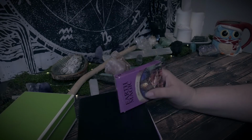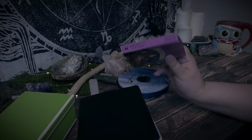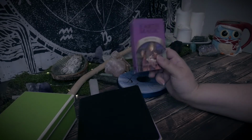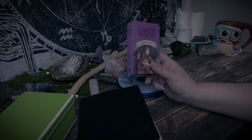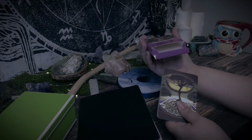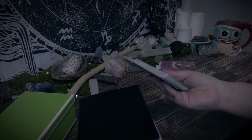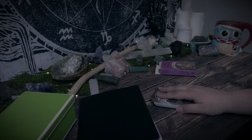There's also a lot of creators on Etsy that offer tarot card sticker sheets, and some of them are indie designers and they've designed their own tarot decks and they sell the sticker sheets. So that could be something you want to look into if you want an alternative to these. Now, I bought these fake cards not knowing they were fake, and now I just use them for arts and crafts because I don't want them to go to waste, but I do have the real version of this deck. So what I do now,